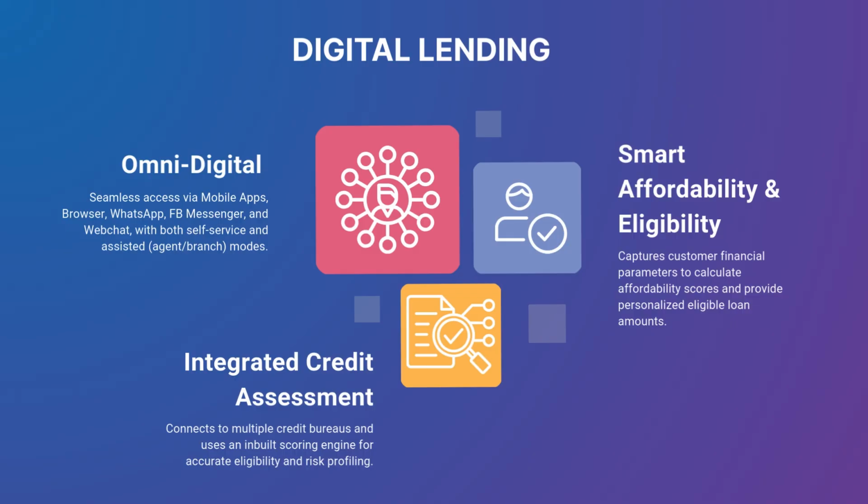During origination, the system captures key parameters such as assets, dependents, and income to calculate affordability score, providing customers with a personalized eligible loan amount based on their financial profile. It also integrates with leading credit bureaus and uses an inbuilt credit scoring engine to ensure accurate eligibility checks and